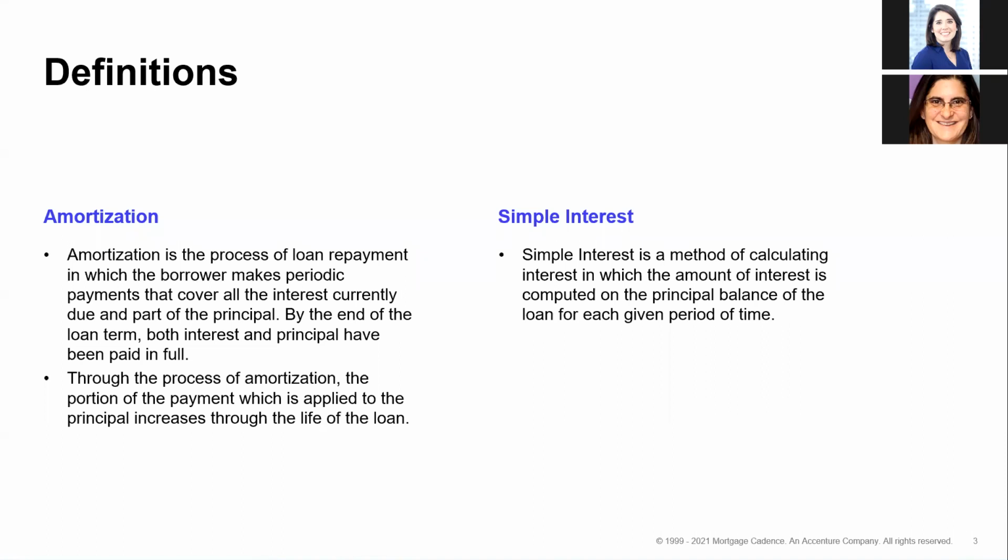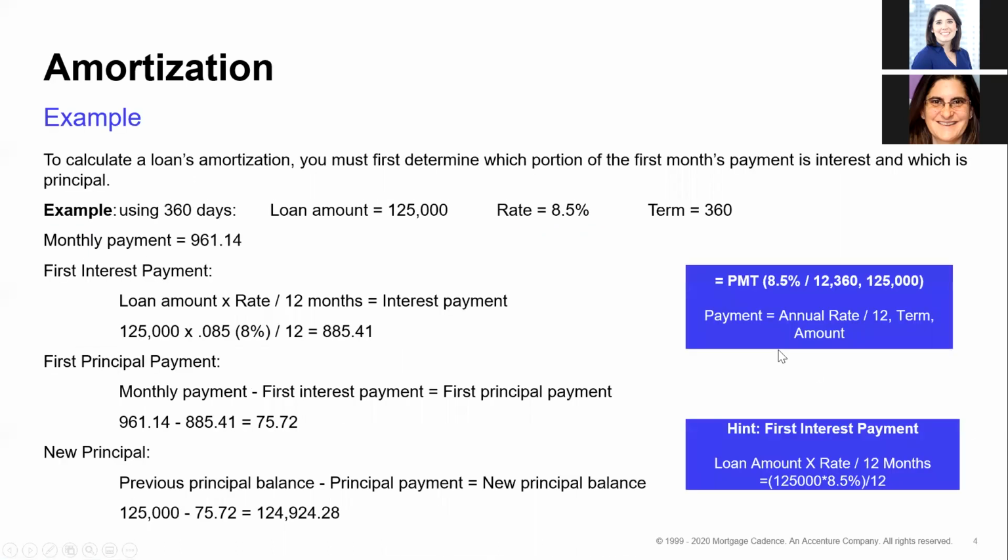Amortization is the process by which you borrow some money and you pay it back. The fact that it's amortized means that when you're done paying it back, you've paid back the principal you initially borrowed plus the interest that's due. Okay, simple interest is a way of calculating interest based on the period that it's outstanding for a given period of time. Those are two of the things that we are going to look at.